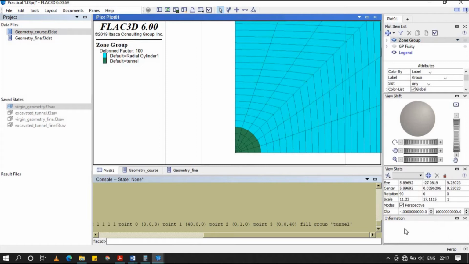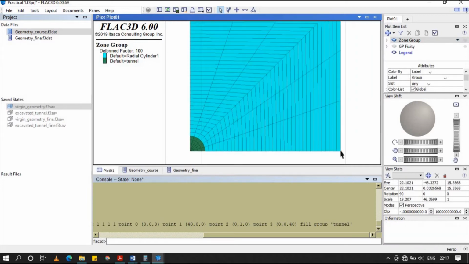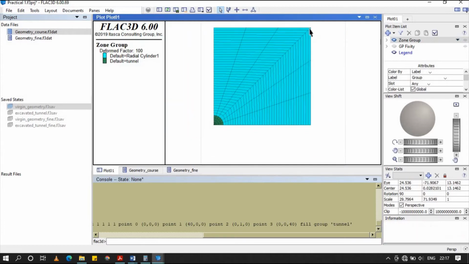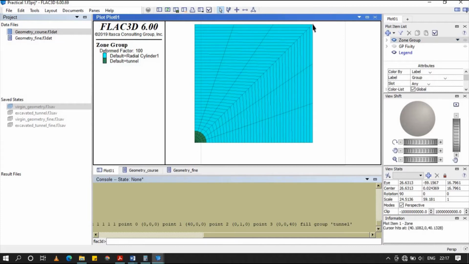In this area you will get the information about the points. As you can see, the grid point, this point is 0, 0, 0 origin, and then this point is 40, 0, 0, and this point as well is 40, 0, 40, and this is 0, 0, 40.